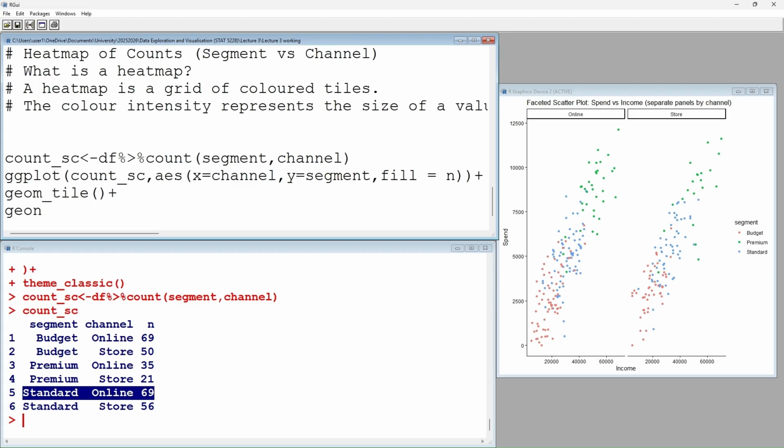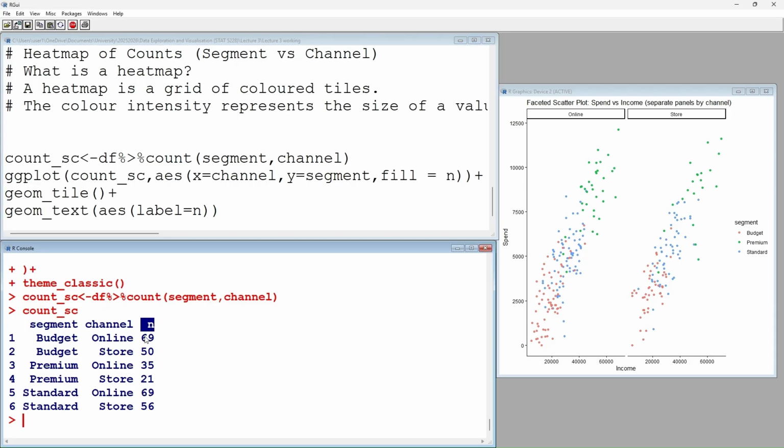layer here, which is called geom text. So we are going to add text within those things, and the text will be based on the label, and the label will be the count that you have for each of these. You see the n here, the count that you have. This is going to be the label, as I mentioned here. Fill is equal to n, the count. So you will get this information, and then you can just decide what color the text can be. It can be white, it can be black. Let me just try white for a moment, and then we can try